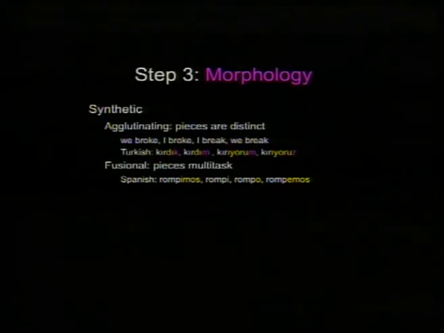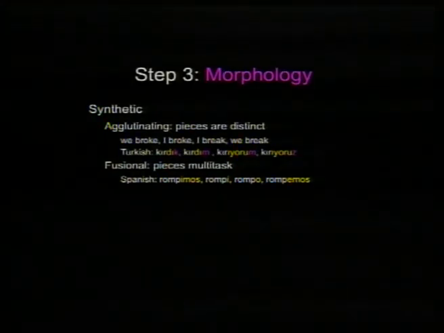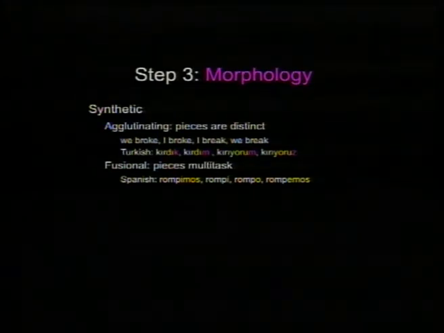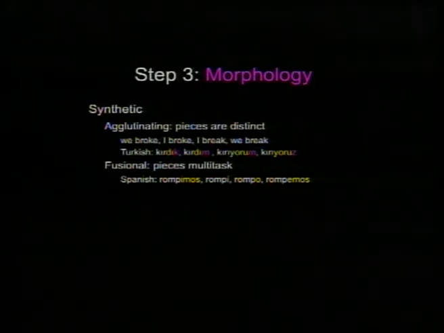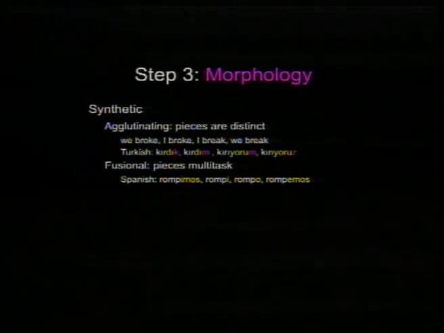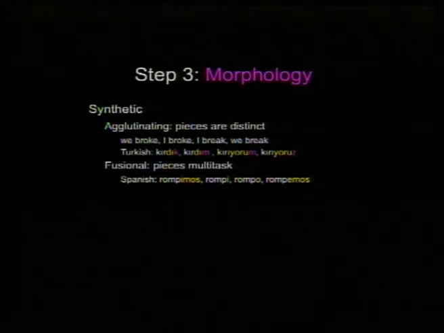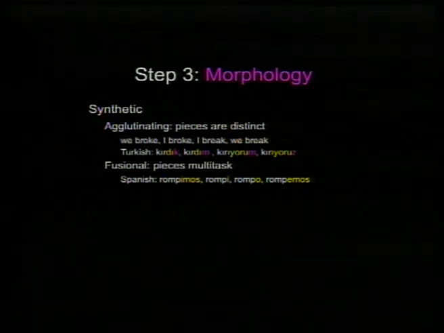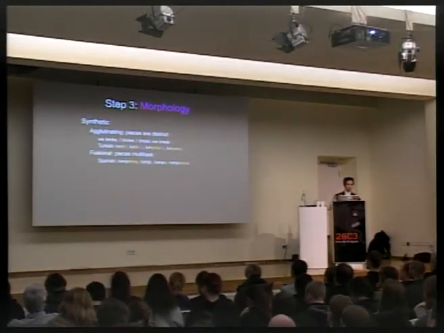So within synthetic, there are a couple of subcategories. There's two ways, more or less, that you can put pieces together. Each piece can either do its own little thing, like in Turkish, or you can overload them to do more than one thing, like in Spanish. The Turkish example is kırdım. The kır means break, which is the root part of break. The actual verb is kırdım. But